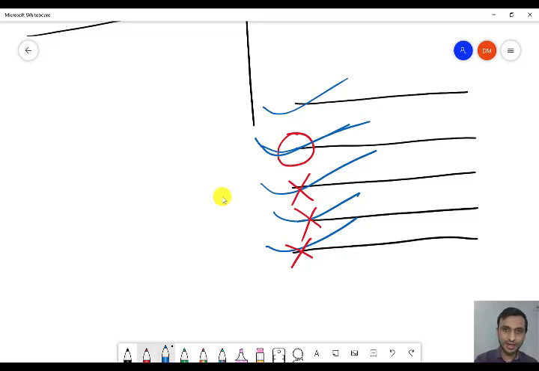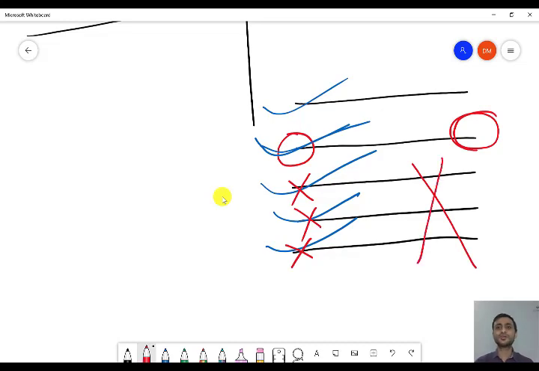So in if-else-if ladder, if the second one becomes true, it is not going to execute the rest of the if statements. So this is the advantage of if-else-if ladder over simple if.